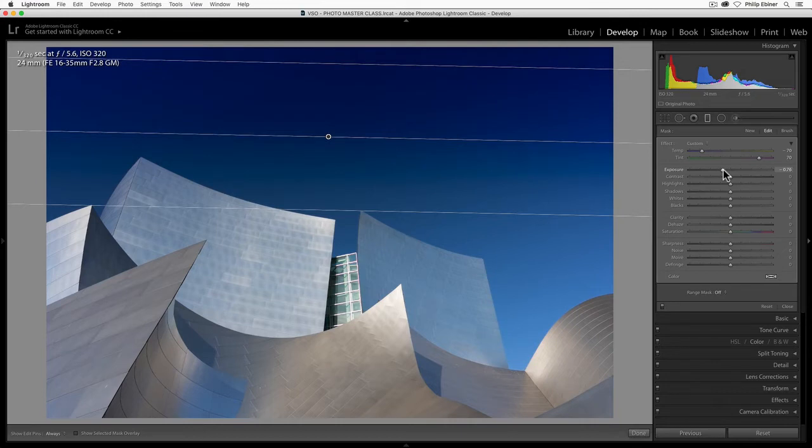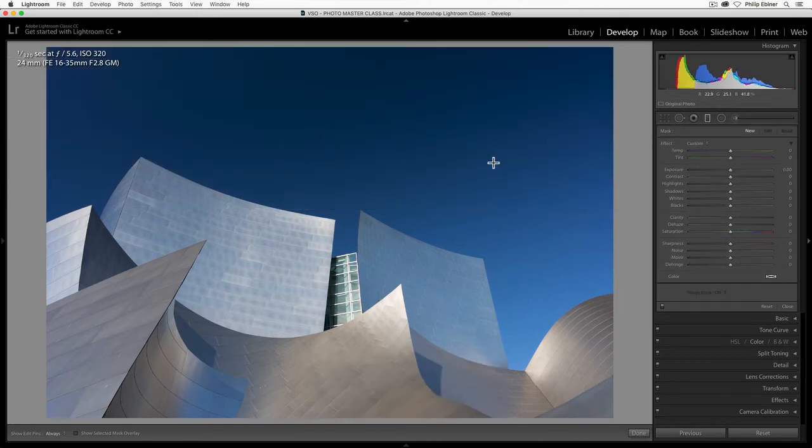This is a way that you can do what a polarizer filter does after the fact in post. Okay, so this actually doesn't look that great, but it's a good example of what you can do. To delete a graduated filter, just select the middle button and press the delete key on your keyboard.